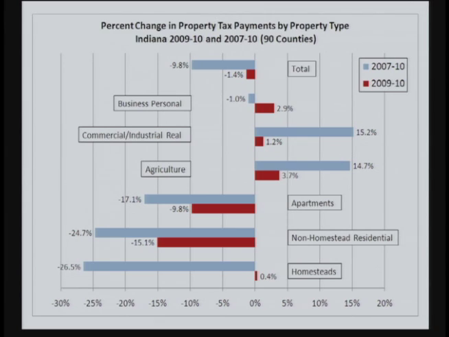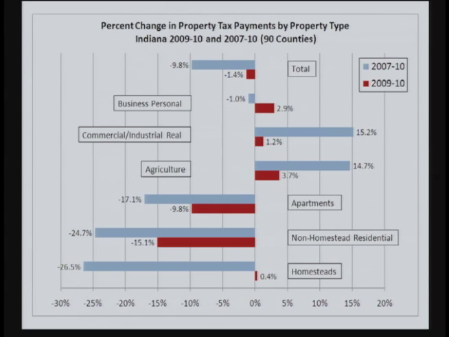That's land and buildings. Business personal property is business equipment, and as you can see, that's seen a very slight tax decrease since 2007 and a slight tax increase since 2009. All the things that apply to commercial industrial real also apply to business personal property, the difference being that we just didn't give business equipment very much in property tax replacement credits back in 2007, and so they didn't lose as much tax relief when the system was reformed.